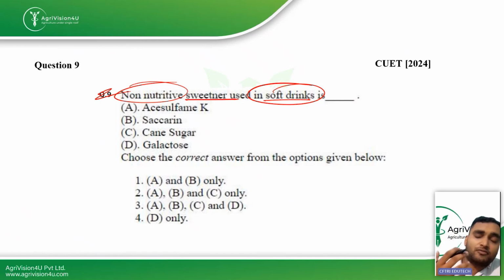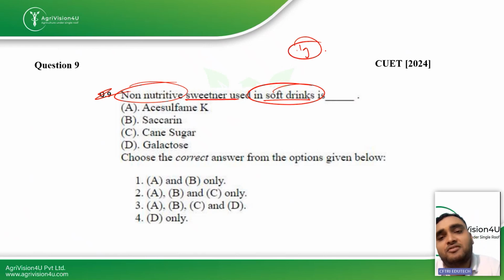So what is the working of those non-nutritive sweeteners? That means your body will not assimilate those sweeteners as a nutrient, and they will be directly excreted from your body. Also, they are added in very small quantity. For example, if in place of 1 gram of sugar you want to add 1 gram of